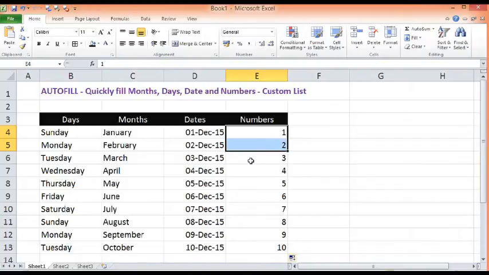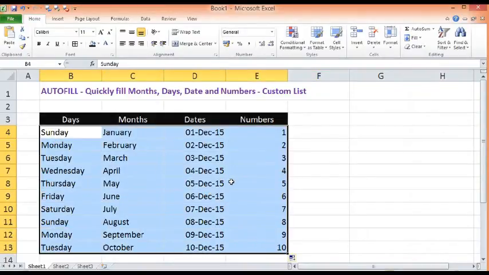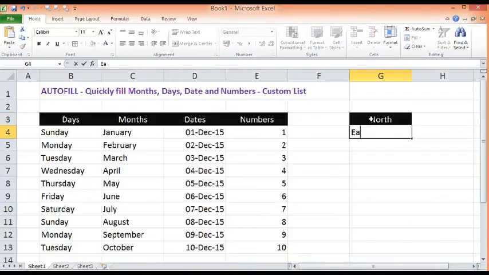Now this is like we already have defined custom list in MS Excel, and basis on what values are being populated. Now if we want to populate some values which is not a standard list, then what we can do, we can create our own custom list. Suppose if I write like north, then east, then south, then west.